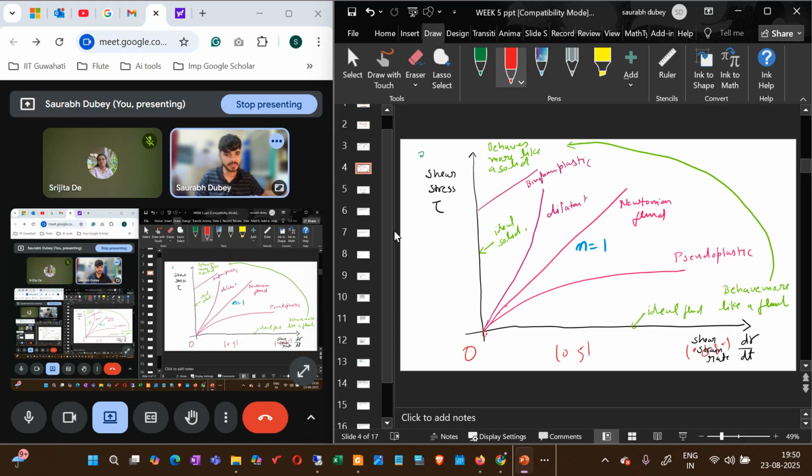For example, from 0 to 10 inverse seconds, your fluid is behaving as something pseudoplastic. So via fitting you can get that, and afterwards your fluid may behave as, suppose, dilatant, right? Your fluid may have, for example, this kind of shape. So based on that, for that particular range of shear rate, you are having a fitted constitutive relation through different models. For example, Bingham plastic model, pseudoplastic, or Herschel-Bulkley fluid model. And for that shear rate